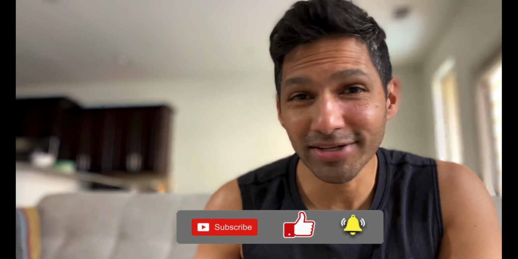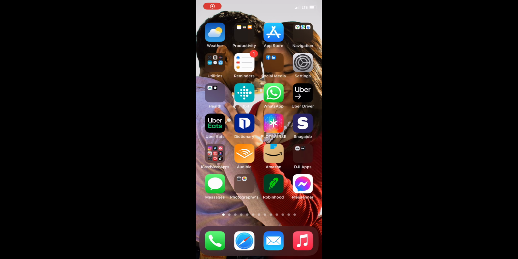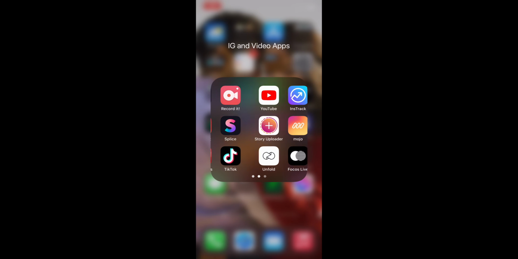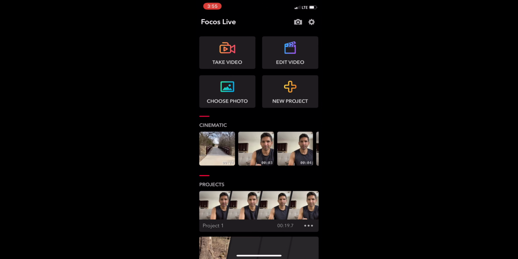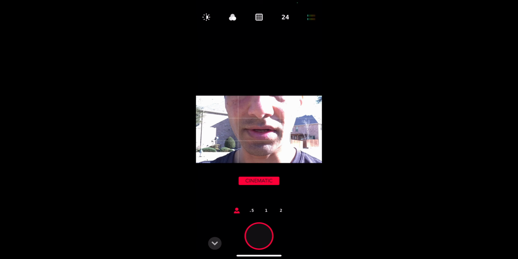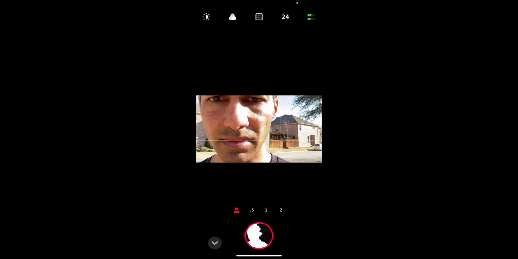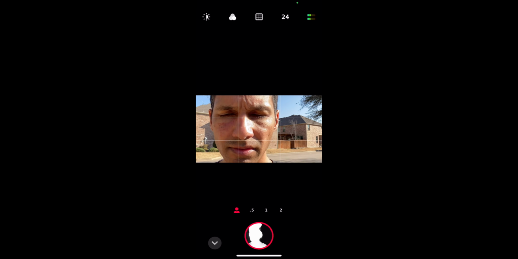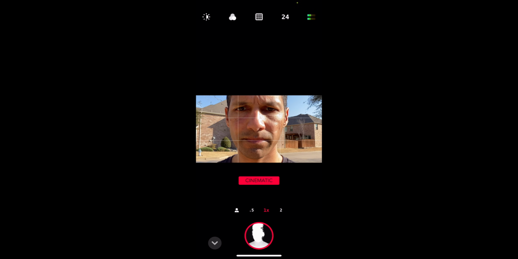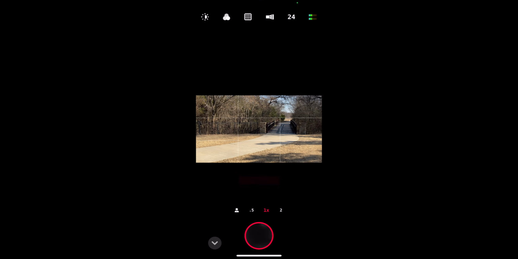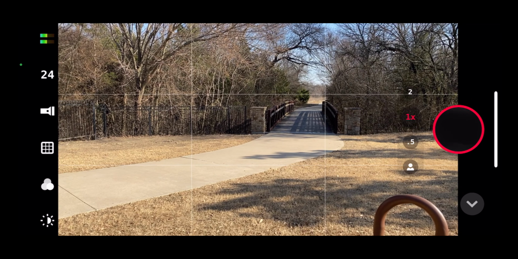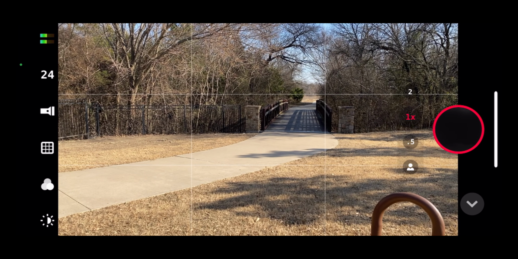So let's get right into it. First, we're going to open up our FOCOS Live app. Then click on Take Video. And then right now we are in selfie mode, so we want to click on the cinematic view, which I just picked a one-times view. And once we're in there,